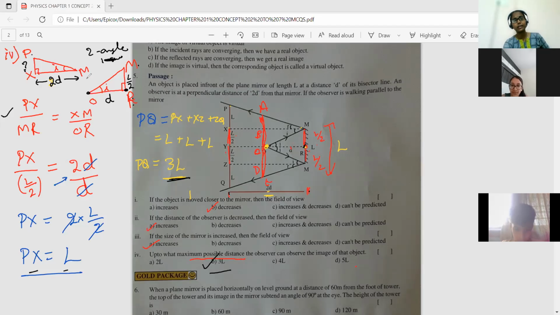Or else, without any calculation, by looking at the figure, just observe: the angle of incidence is equal to the angle of reflection. Here it is half of the distance, it is L by 2, so if we increase it by one more half, it will increase to L. L plus L by 2 plus L by 2, it will increase, no? So total PQ becomes L. Like that also you can think theoretically and write, no issues.